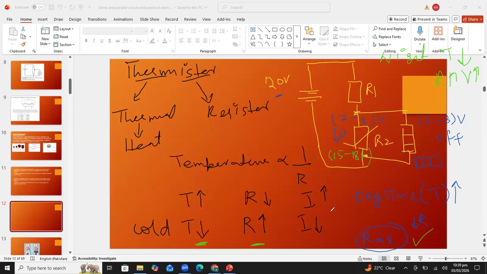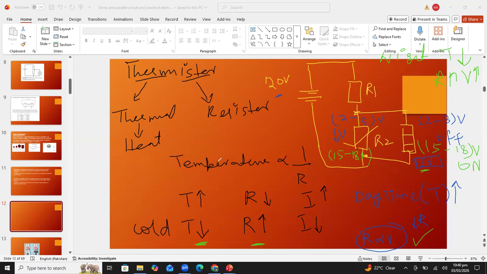Maximum voltage, like 15 to 18 volts, will appear across this resistor, and we know that the operating voltage of the heater is 15 volts. So it is getting more voltage, and the heater will turn on in night time. The heater will get on. So look, beta, in this circuit we don't need to connect any switch, we don't need to hire a person, nobody needs to turn the heater on and off manually. The heater will turn on and off automatically with the help of this thermistor.